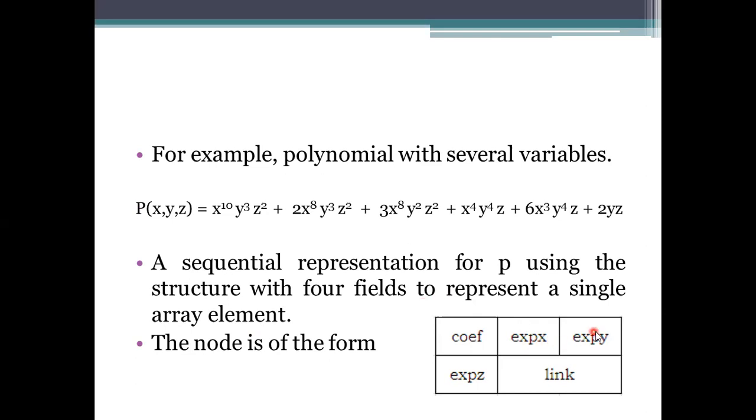For that we have mentioned the representation here. Four fields are used for presenting the structure, and the next one is taken for the pointer to the next node. First, the coefficient will be 1, because it has no value here, so just place it as 1. The exponent of x will be 10, the exponent of y will be 3, and the exponent of z will be 2. And it has a further representation through a link, and you need to create a node for that. And further simplifying this representation